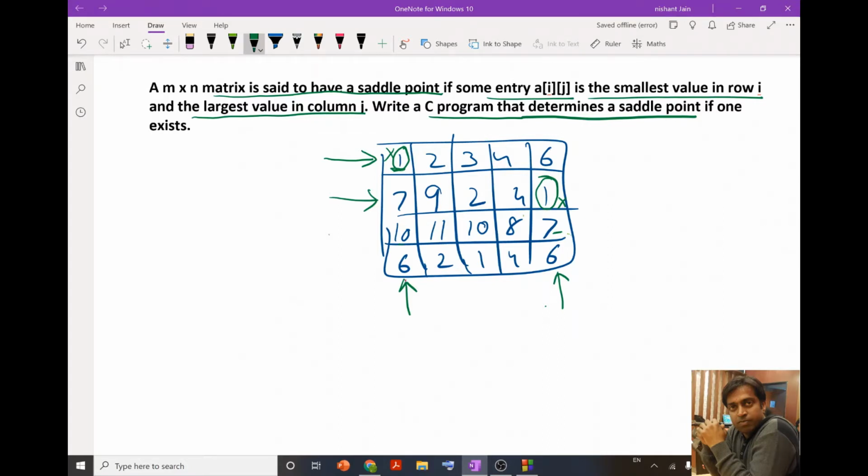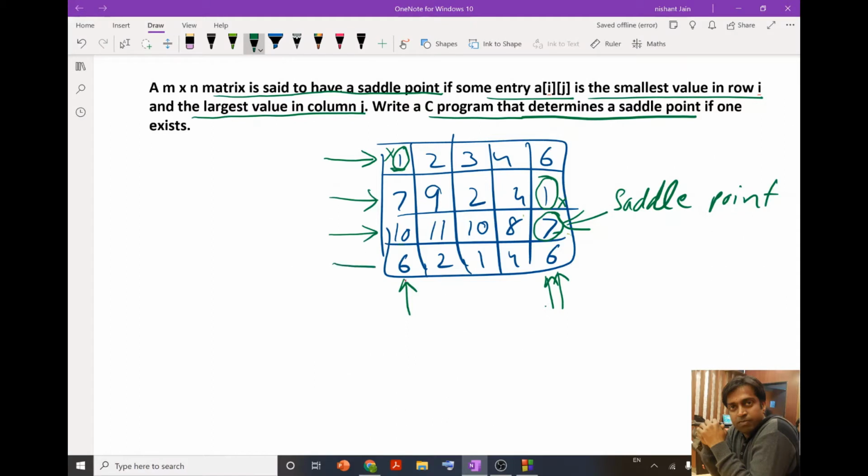Now if I move to the third row, in this row we have 7 as the smallest number. If I check whether it is the largest in the corresponding column, you will find that it is the largest number, and hence this is our saddle point.